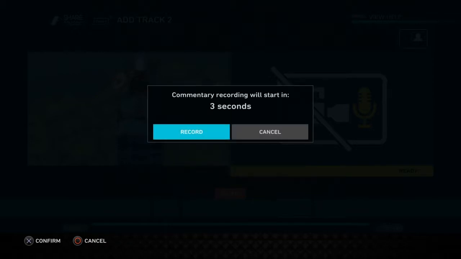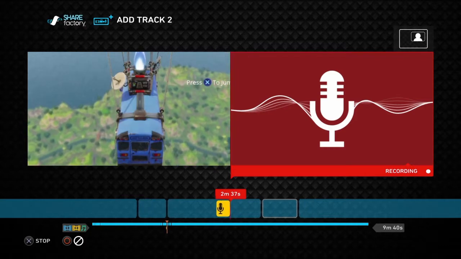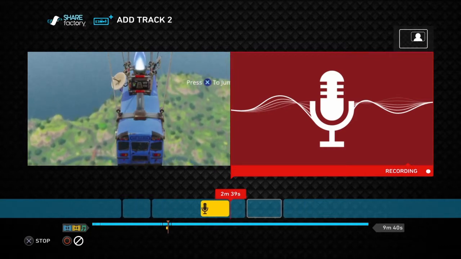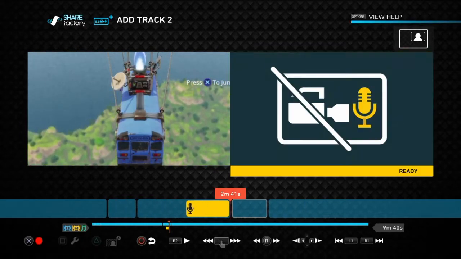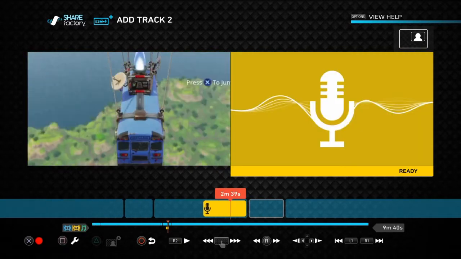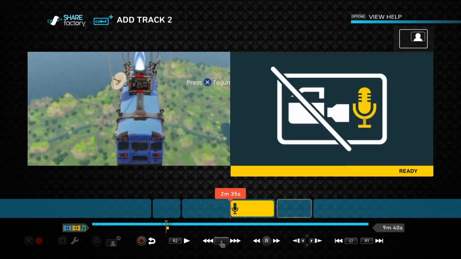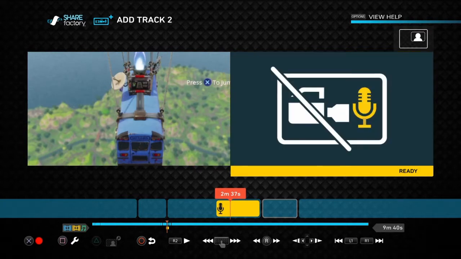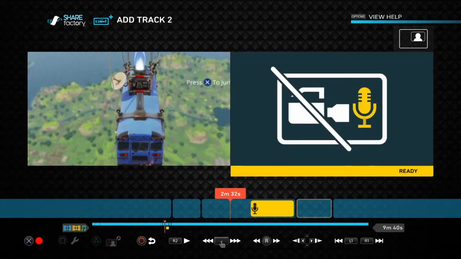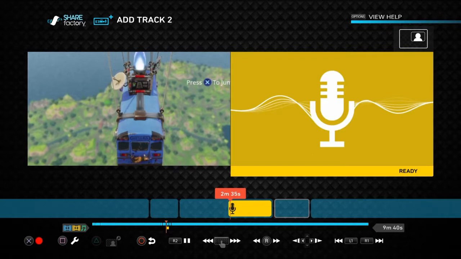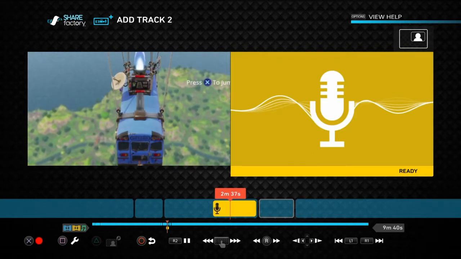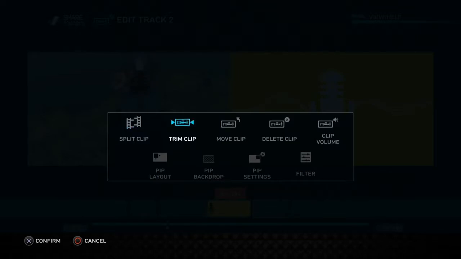So this one is just where you can record audio or add a clip. Say I wanted to do a voiceover, you just record audio, wait for 5 seconds, or you can press record and it's recording you right now. So I can basically record over everything, and if I press X, it records everything I just said. If we play it, you can hear me speaking over that. And if you ever want to delete it, press square on it,